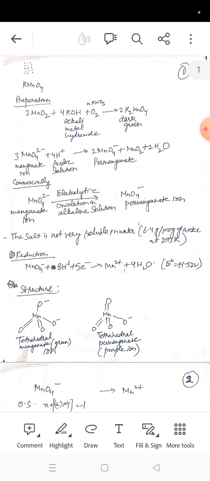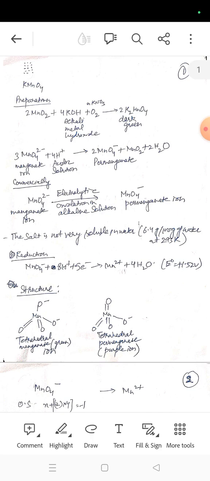in acidic solution gives you permanganate plus MnO2 plus 2H2O. Commercially, this manganate ion is converted to permanganate ion by electrolytic oxidation in alkaline solution. This salt is not very soluble in water, 6.4 gram per 100 gram of water at 293 Kelvin. So